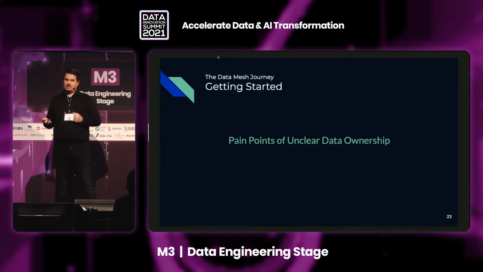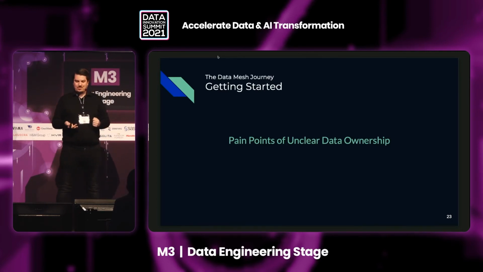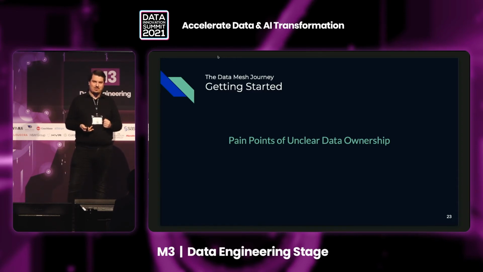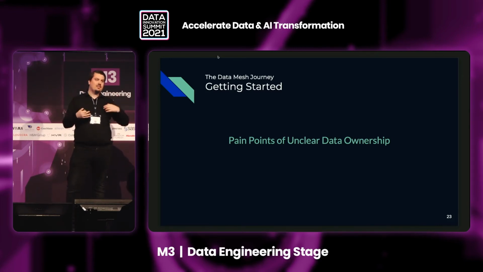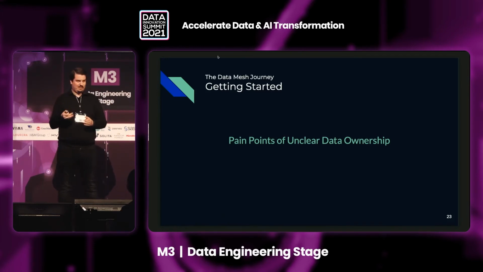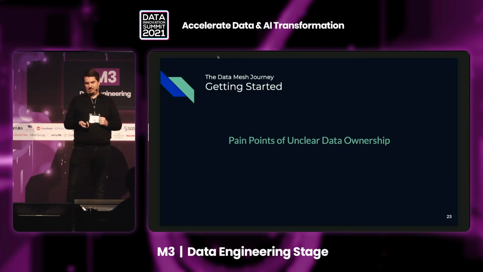Getting started, I want to share a small story about pain points of unclear data ownership. I have experienced a story before where there was a new analyst starting in a team that was responsible for setting up a couple of KPIs for the team. And previously, this team was always able to run all the KPIs that they had set up on the data that they were producing by themselves. But for the first time, they were now in the situation that they also needed to get additional data from another team, from another service, to move forward with their KPI tracking.